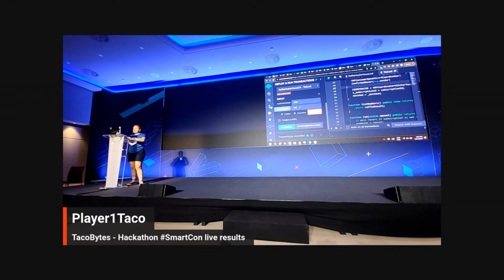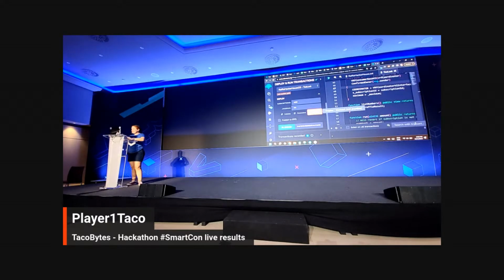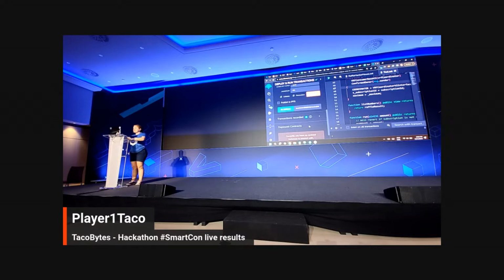And I have the maximum of 401 digits. Let's deploy the contract now. Wait a bit. I will close this because it was the other one that I used before. Let's wait for a new contract to appear here. Yes, it's here. So this is our raffle.